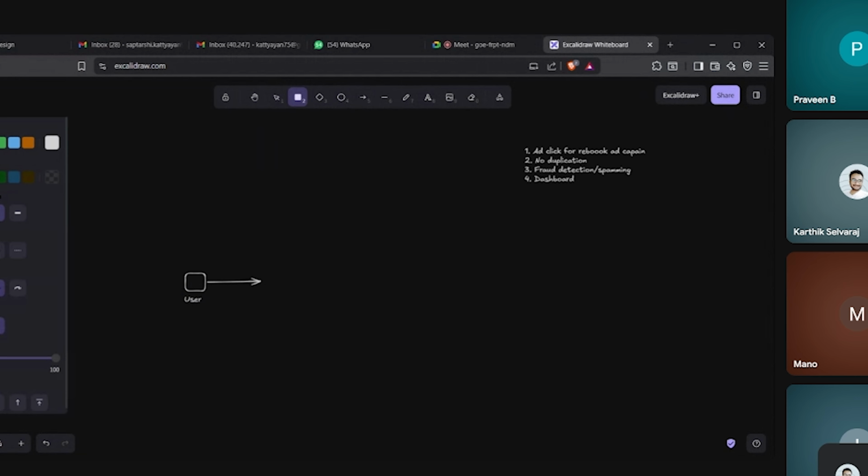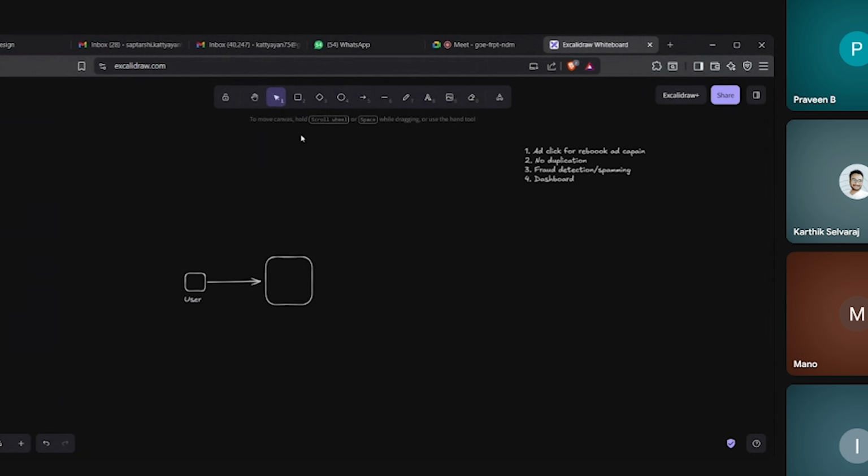So the user will send an HTTP request to some kind of ingestion service that will accept that request. Along with the request, we will also send some other parameters.